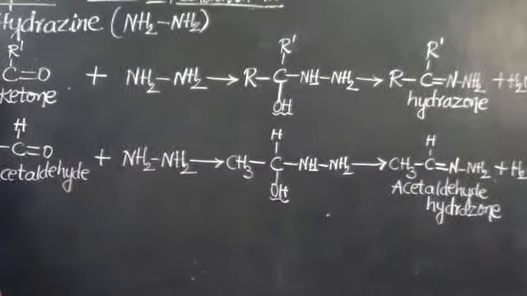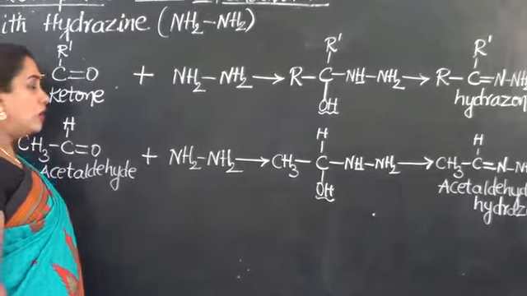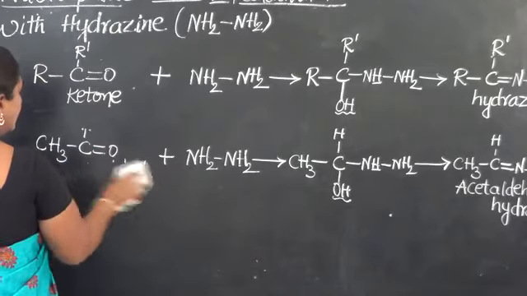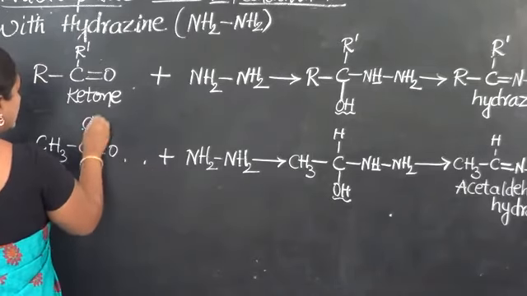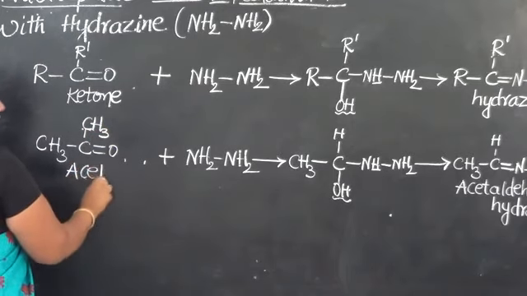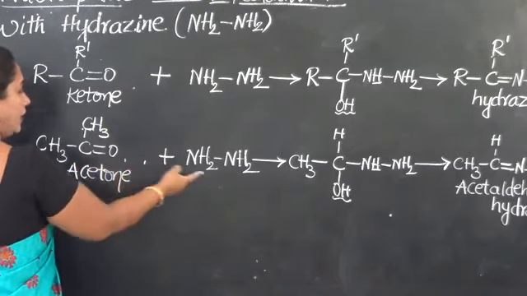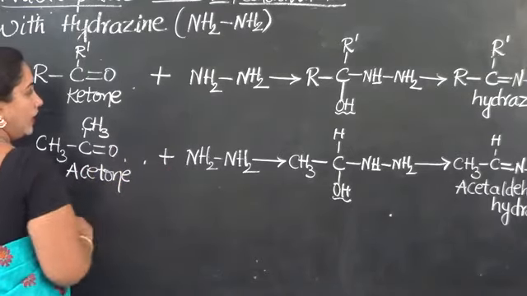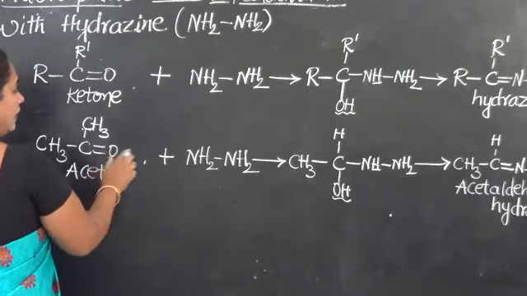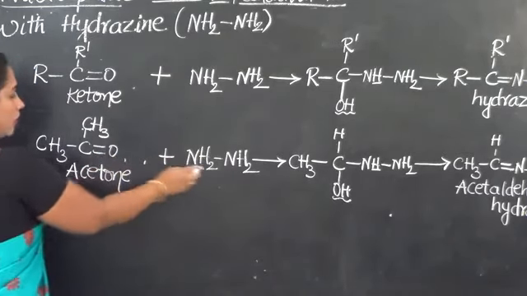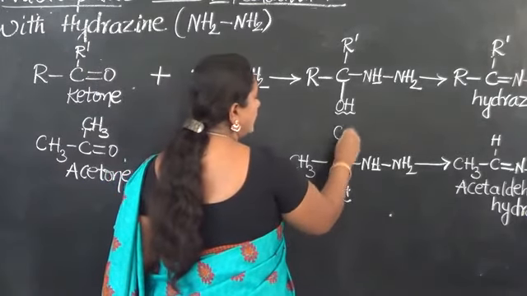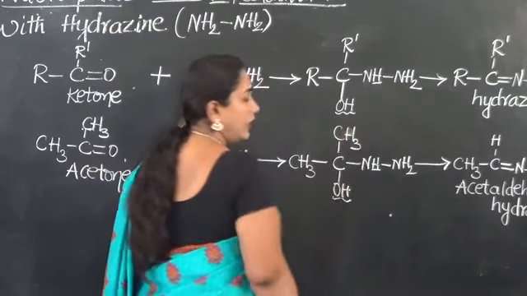Now let us learn the case with an example for ketone also. The common ketone that we have been using is acetone, and the formula of acetone is CH3COCH3. This is a symmetrical ketone. Now we will add hydrazine in a similar way as we learnt in the general reaction. Now what happens? This will add here, O will come down along with H from here. So therefore we will end up with the formation of the addition product. Therefore this is nucleophilic addition.